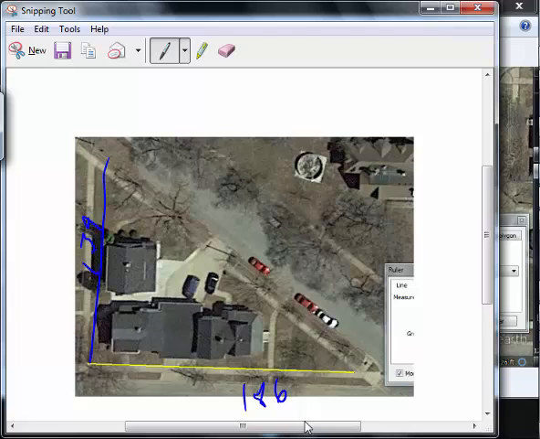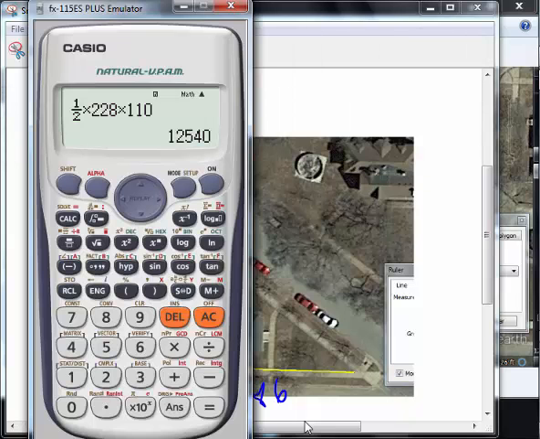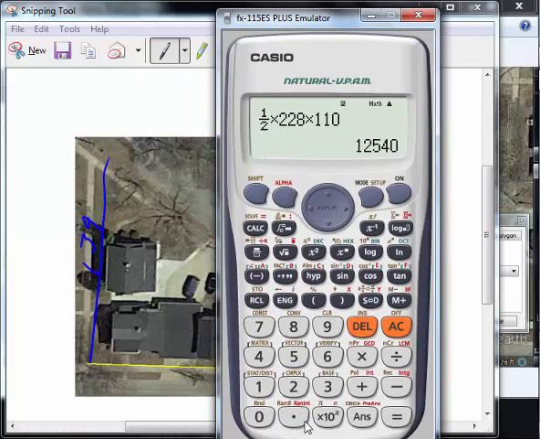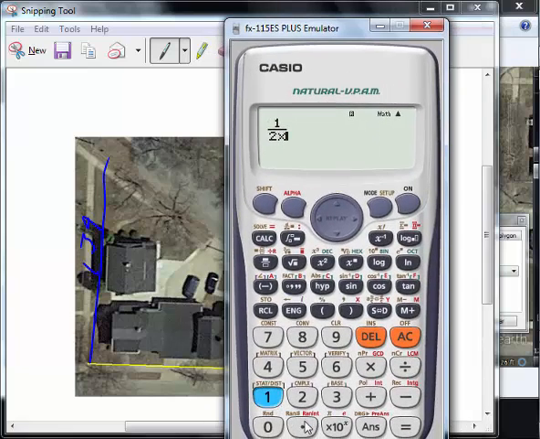So if we calculate that area, we get 1/2 times the base, which we just said was 186, times the height, which we said is 134, we get